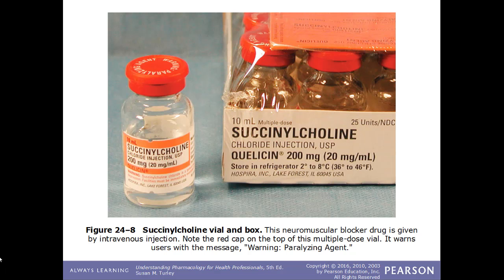In this image we have an example of a vial of succinylcholine. Something that's fairly obvious about these vials of this drug is a bright red cap, and it says in very clear letters, this is a paralyzing agent, so it's not mistaken for any other kind of drug in a vial